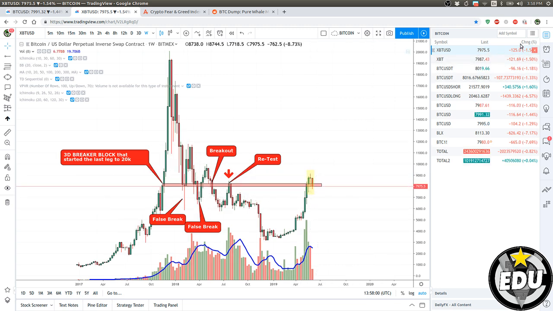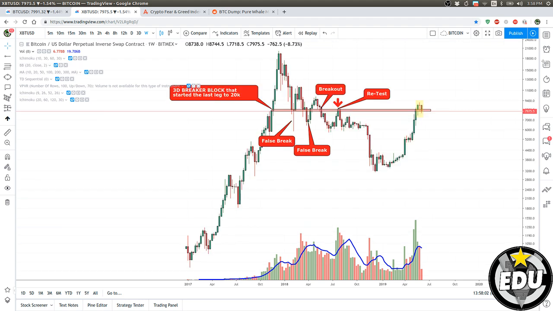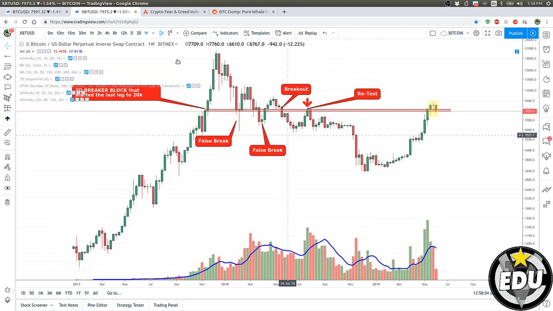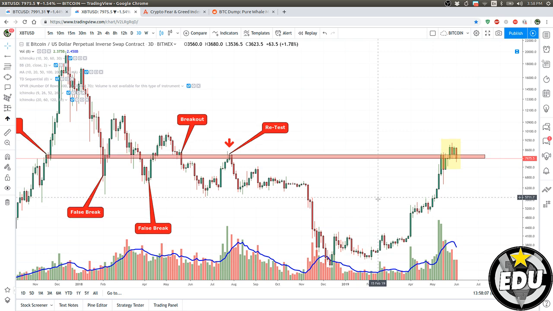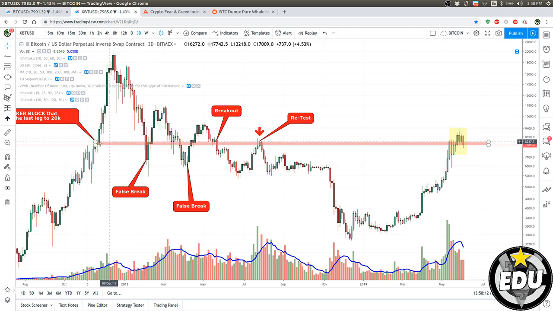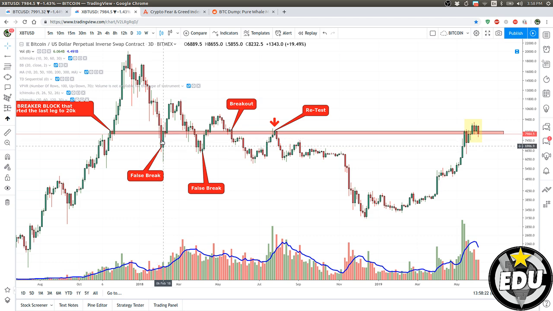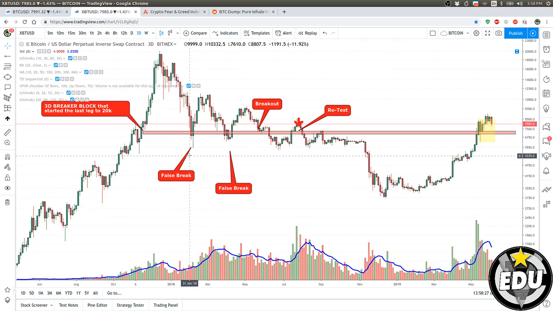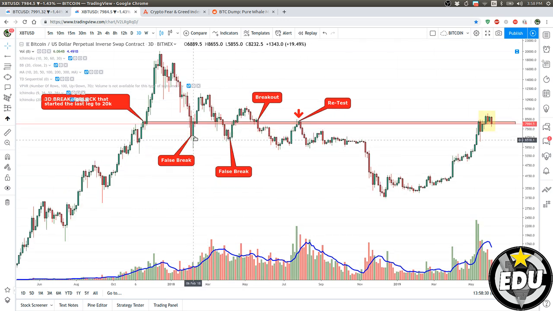Okay, this is interesting. I noticed today on the logarithmic scale on the 3-day chart, I kept an eye on this 3-day breaker block, because this is a block, so the red candle is the one that caused the last crazy pump. Then there was a false breakout, so the candle never stayed above this level. This is a false breakout. Be careful on the 3-day time frame. Okay, if I go on the 4-hour, this was tradable, but remember, every time frame will change.